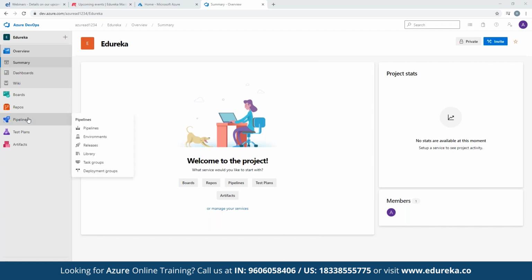Pipelines is a famous one. You want to do everything via pipeline, you get your code ready and you can do it via pipelines, which are available as well. The pipeline is a great example for CI/CD, testing, deployment, and that can connect to any other Git repository, right? And we have artifacts. Artifacts is a hosting facility for, for example, NuGet packages or Maven or npm kind of stuff, right? Okay, Azure Artifacts. Yeah, I think we have seen the artifacts, right?